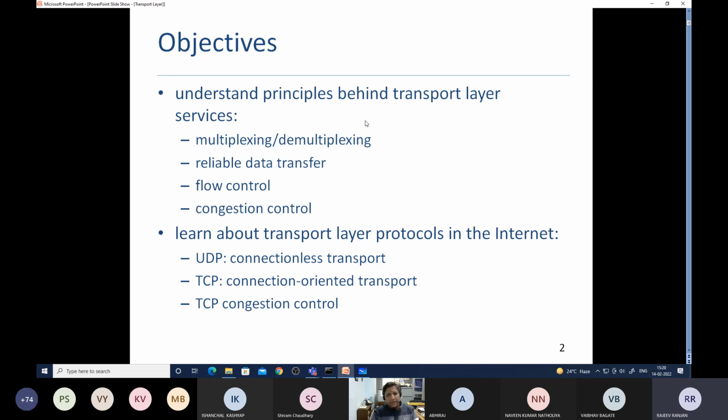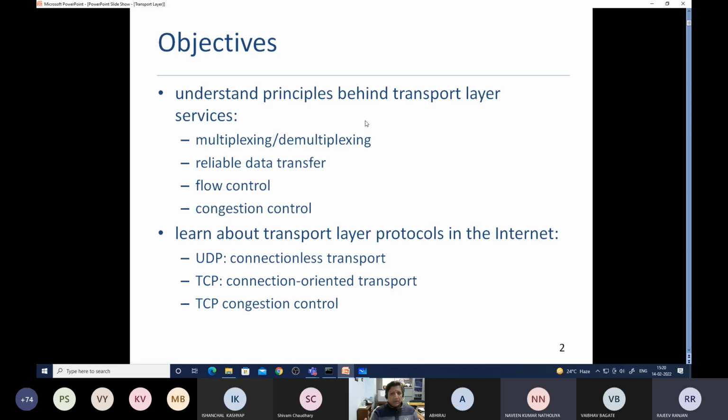One more thing: the transport layer is entirely implemented at the end host. It is not implemented at the routers or in the core of the internet. Routers and switches work up to the data link layer. Layer 2 switches work up to the data link layer. Layer 3 switches and routers work up to the network layer. But the transport layer is a protocol entirely implemented at the end. And then this decision was taken to shift the congestion control mechanism from the network layer to the transport layer, because the reason behind that is